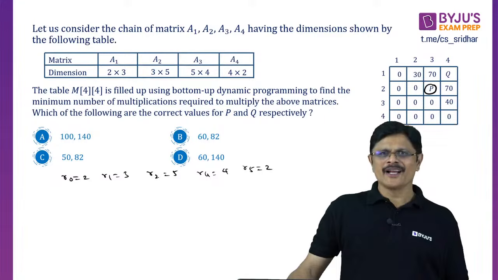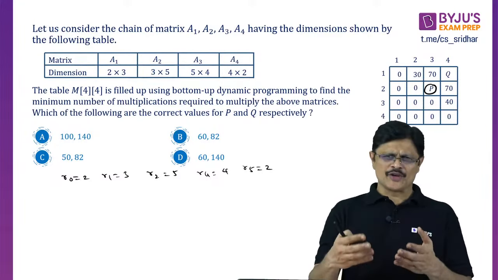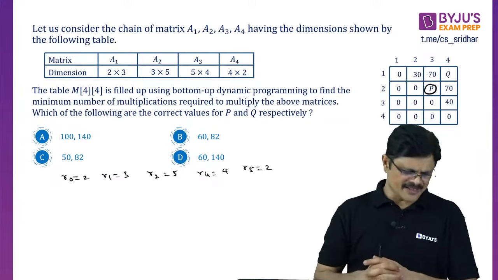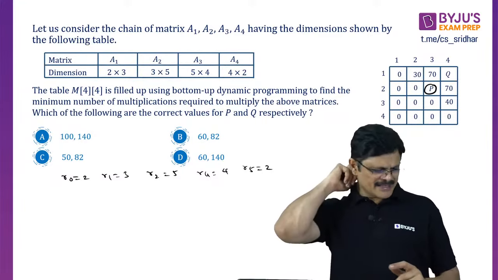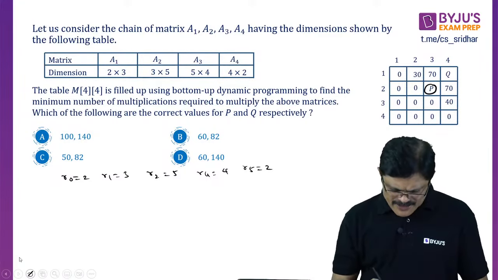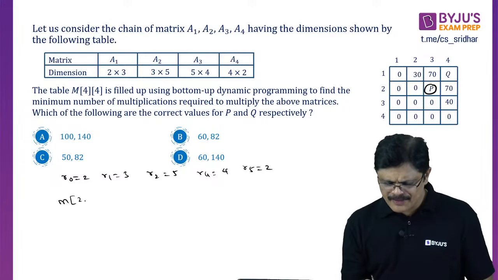Okay, so your problem is reduced to a part that can be solved. That is just, we need to multiply 4 by 4 matrices, my dear friends. Am I clear? Just like the previous question, we only need to find this. So what is this number, sir? It is M23.